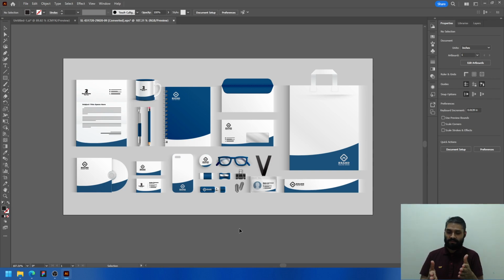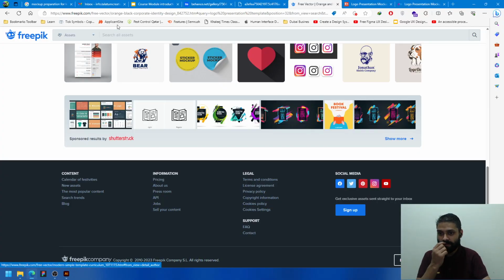Let me remind you something. First, prepare the logo variation. Then prepare the typography and color variation, then prepare a mockup, and then prepare your story, how you came up with the idea, and what you followed, and then prepare the process that you follow. For the process, let me give you a basic idea. So I have one